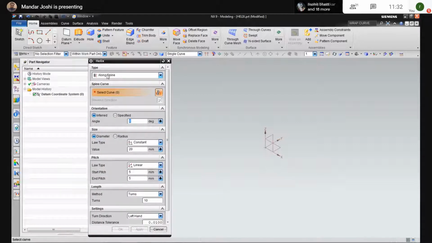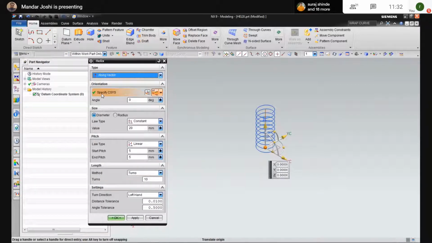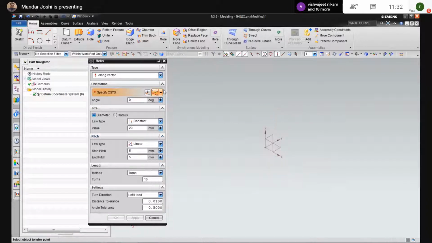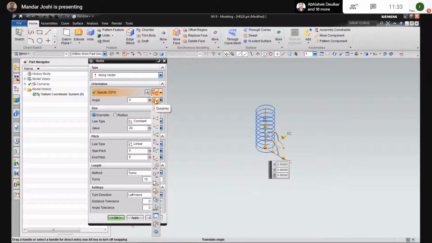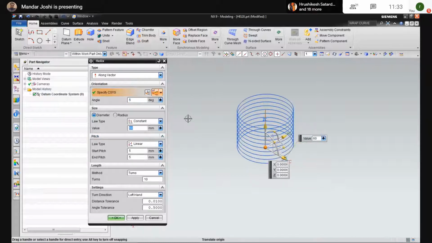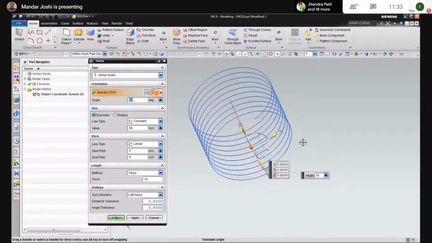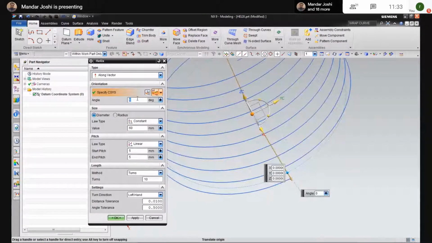Select the helix, define the direction of helix along vector. Along which direction? By default, it will consider it as a z direction. We can change to a different one. The vertical direction is indicated by this first option, z. The second is y and the third is x. If you want to take a taper here, you can define the angle, 5 degree. The diameter of helix you can change to 60. Taper you change to 50. It's not taper, it is an offset value. So I'm taking 0 here.